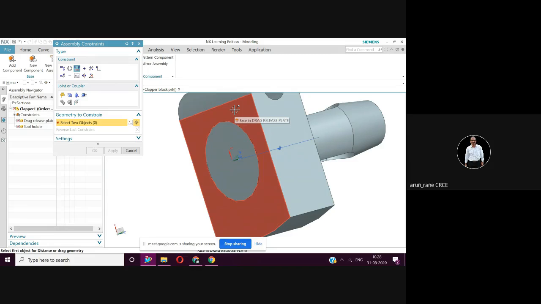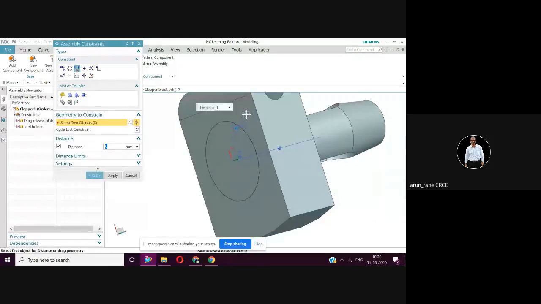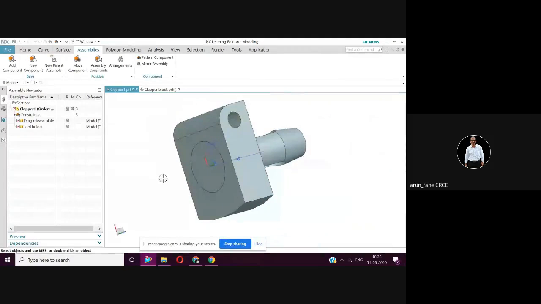So one is this. As I said, you have to first select the added component. So first, the added component is this tool holder, that is face in tool holder, and then next is this. Now distance is 0. I am happy. Okay, so I'll say okay. Happy because I don't have to do anything. Now keep on saving your work. So control S. One by one, after each step, do control S.